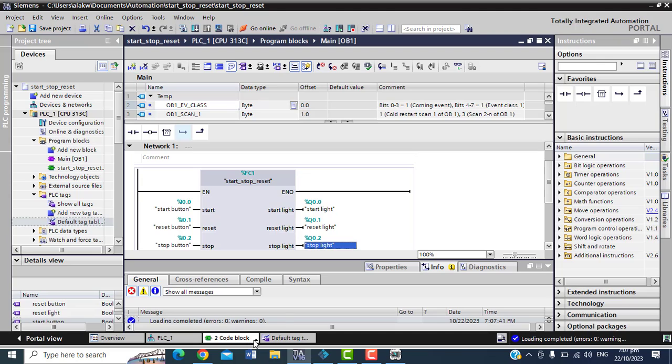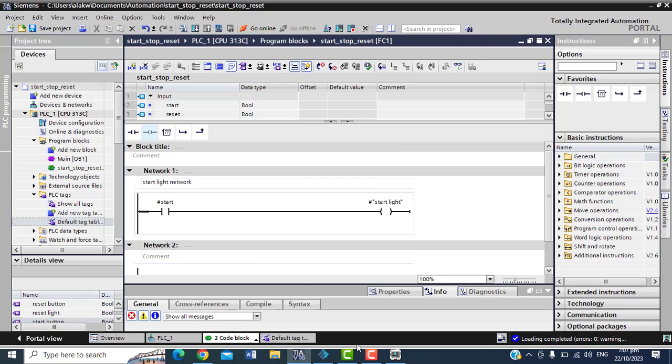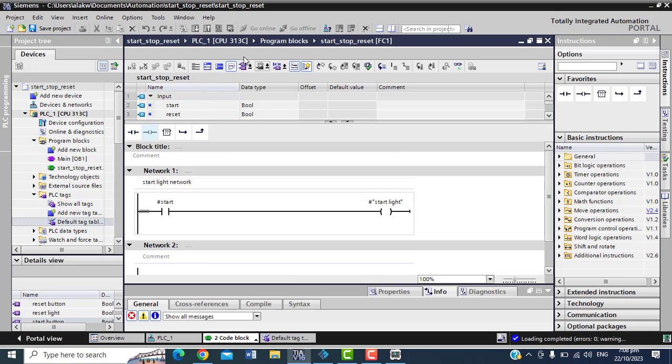Okay, so now see the code we wrote before. I just want to show you where we deal with the code. All those things we have done, we are not going to do them again, right? We don't really do them more than once, once and for all. If I come back to my FactoryIO here, I will just hit connect, because my simulation is already running here.